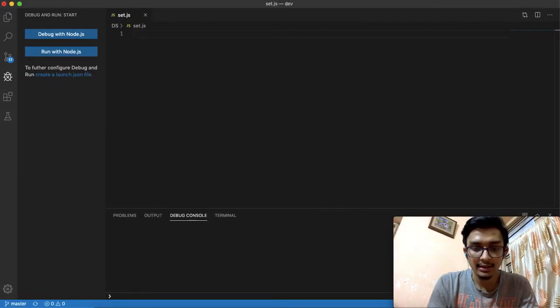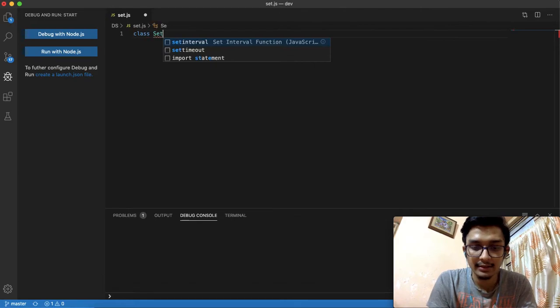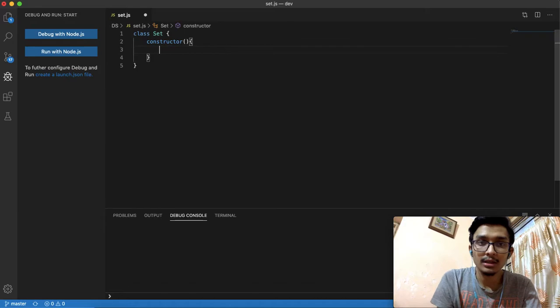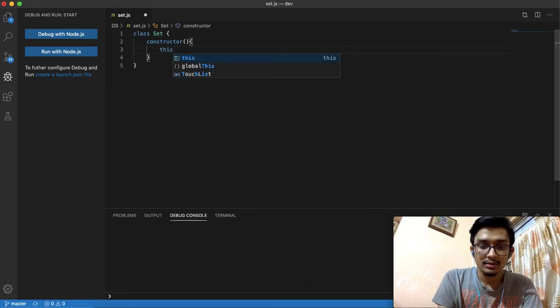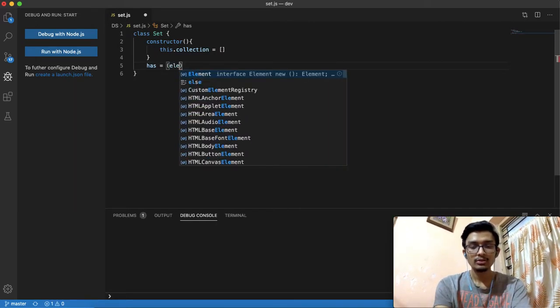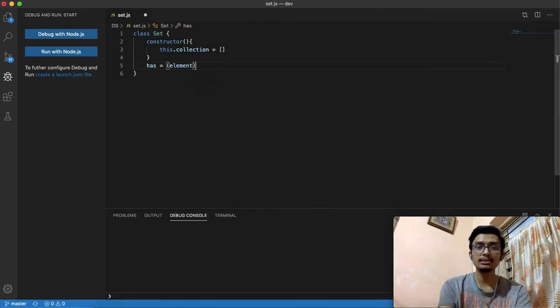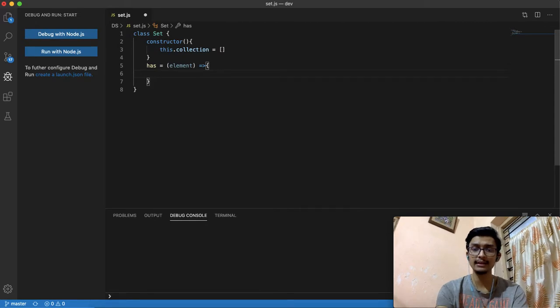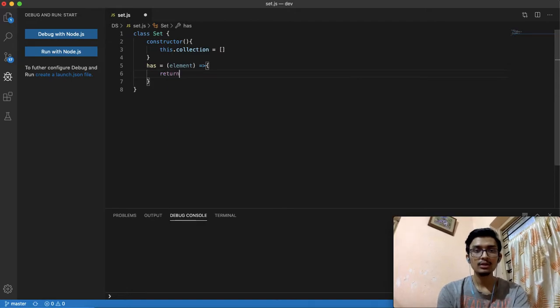So let's create a class Set. Okay, constructor. Now my constructor will contain this.collection, which is an array. Now the first functionality which we will discuss is has. Okay. So what will the has functionality do? It will return true if an element exists in the array and false if it doesn't exist in the array. So return